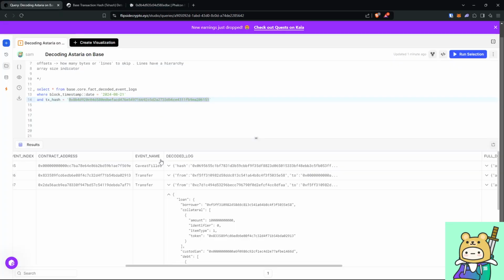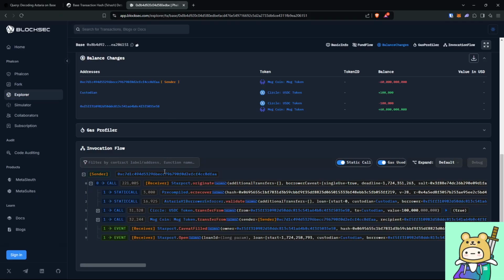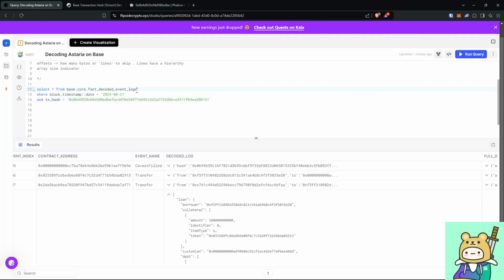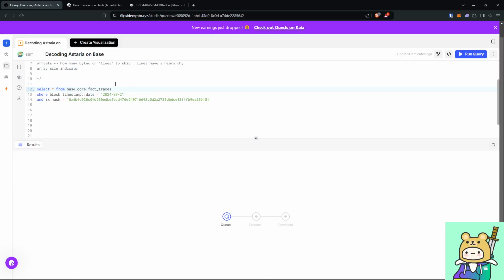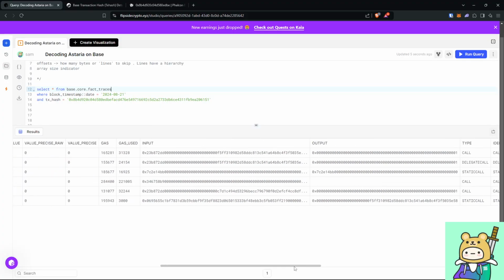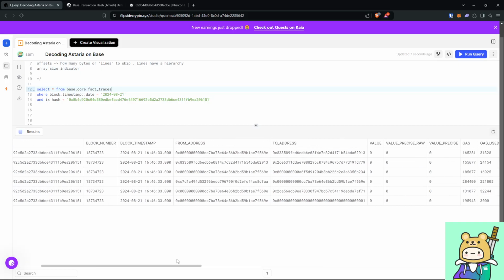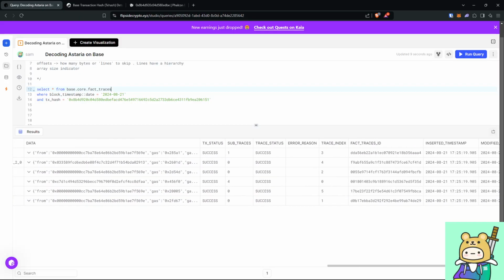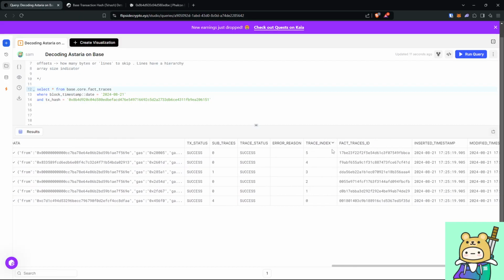Yeah, that's basically it. In this case, I just use Falcon to see. I can see there are none, so I can just use this trace directly. So let's see what the traces table looks like. Okay, so again, first thing I like to do is filter by trace index in ascending order,